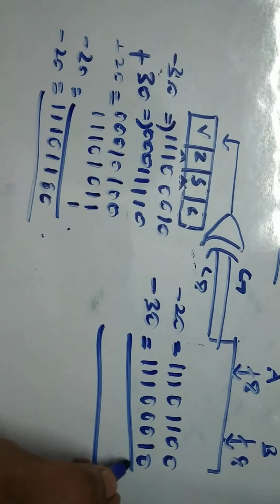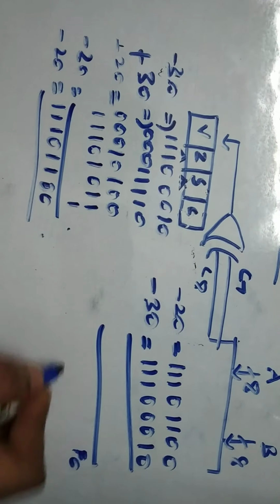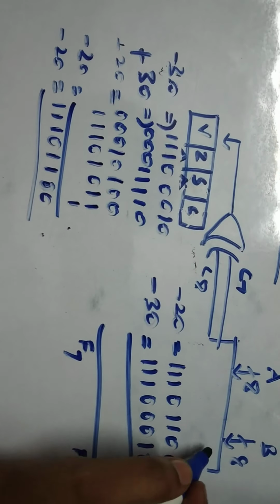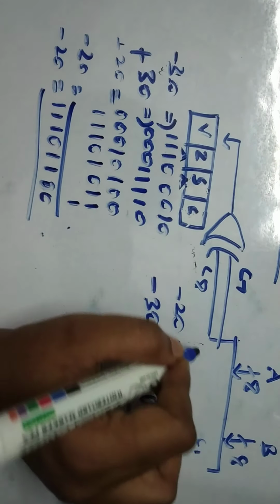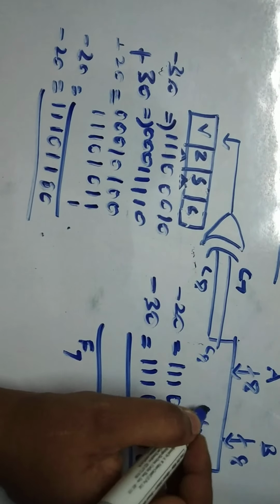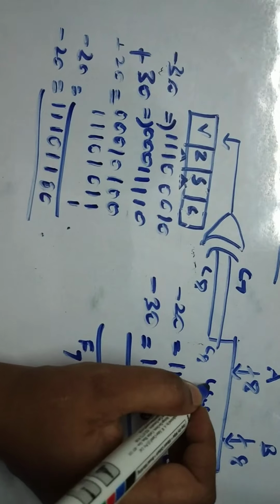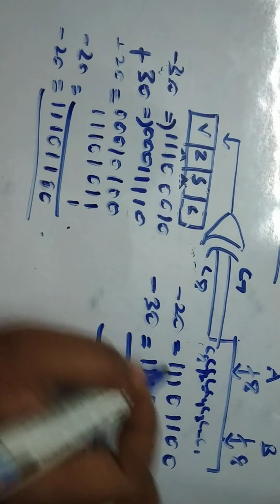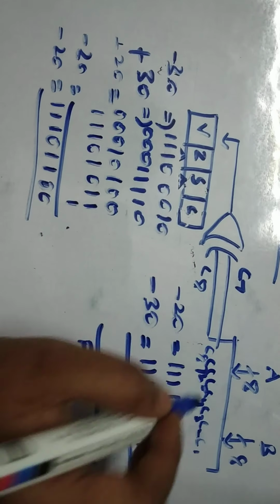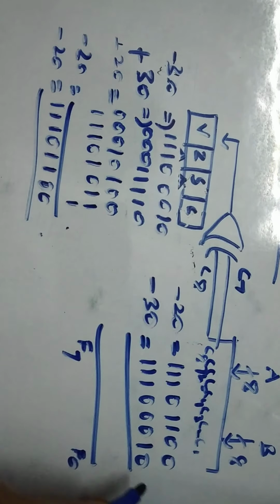So now what is the result you are getting? So that will be represented as F0 to F7. Okay, and now whatever the carry you are getting, it starts from C1 to C8. Okay, so here it is C1, C2, C3, C4, C5, C6, and this one is C7. So while adding, we are able to get the value of carry, that is C7 and C8.